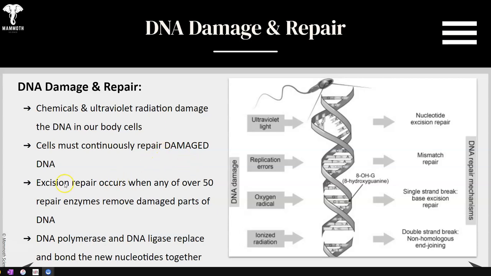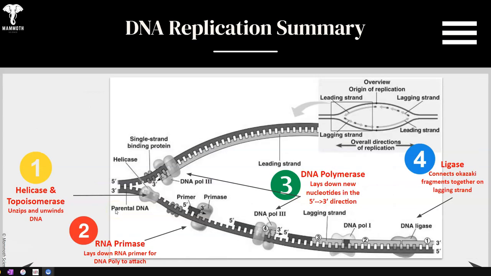So what happens is over 50 repair enzymes go in and excise, cut out, the damaged parts of the DNA. DNA polymerase then comes in after it's been cut out, and lays down new nucleotides that are normal,